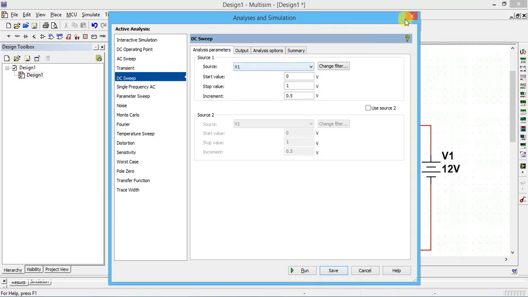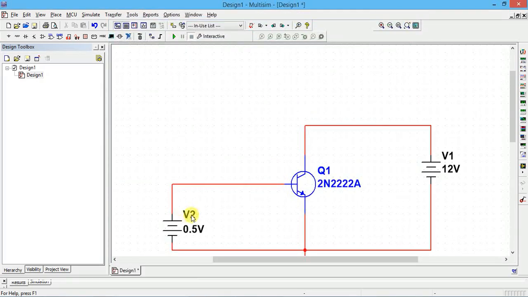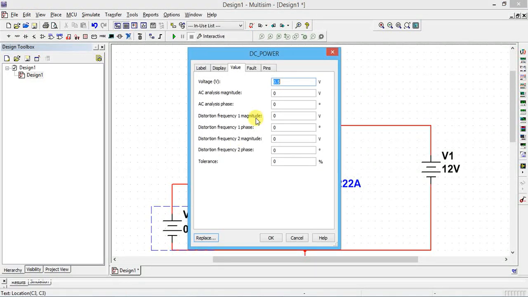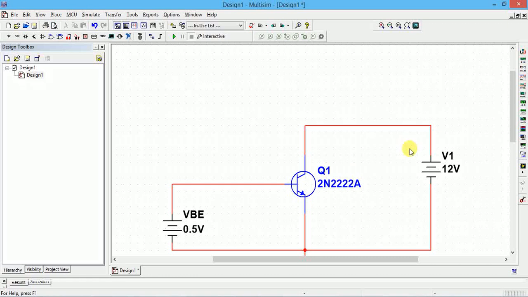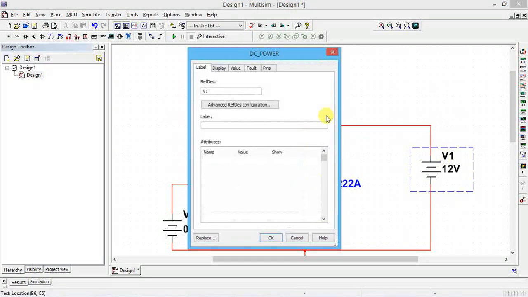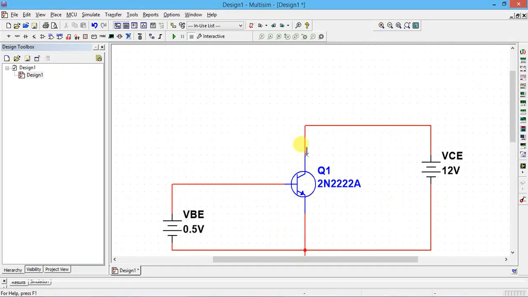See, here it is showing V1 only, because we have not labeled. So double click this one, go to the label, and give VBE. Again double click this one, go to the label, then change it to VCE. VCE means collector to emitter, and base input side is base to emitter. Emitter is common, because the input side has the emitter and the output side also has the emitter.